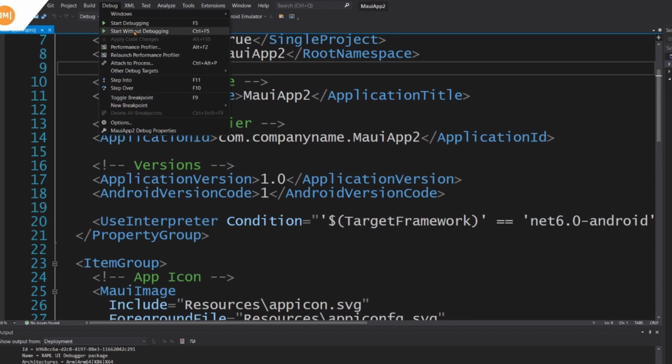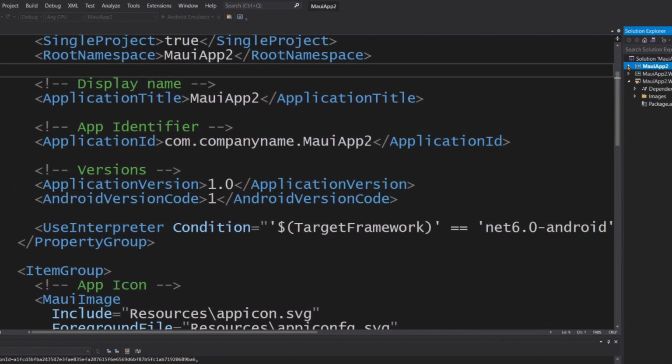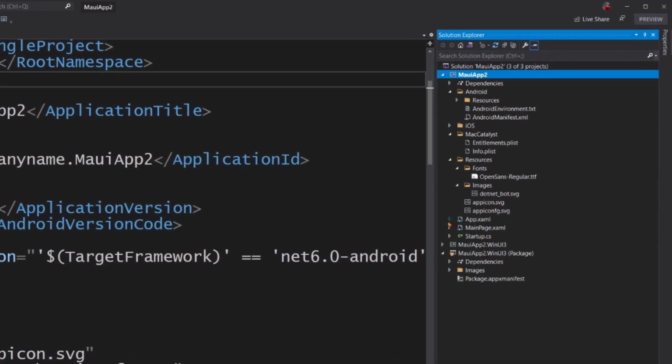So I'm gonna go ahead and, right now there is a bug, at least in the version that I have, that if you try to debug it on Android, you get a pop-up that it can't debug it. I know the team is working on that and is aware. So you can do start without debugging today, and that will build it up. And while that's compiling, what I want to do is show you that right now there's sort of standard stuff